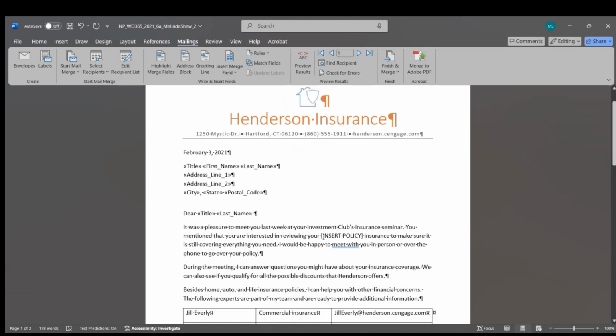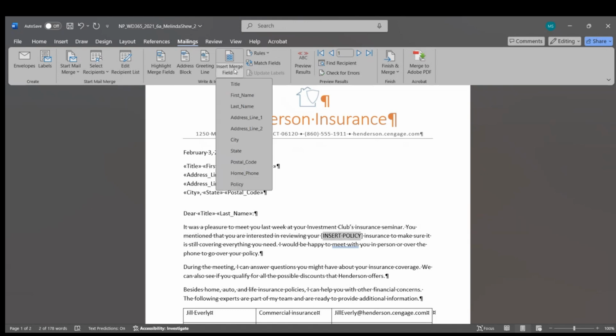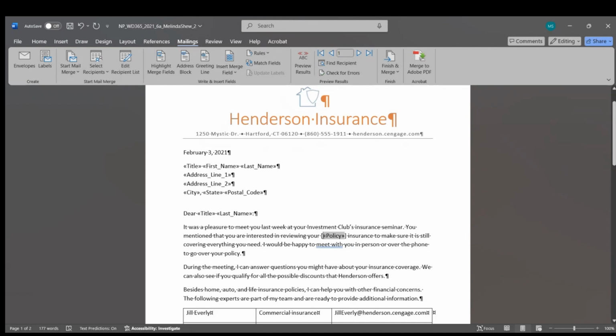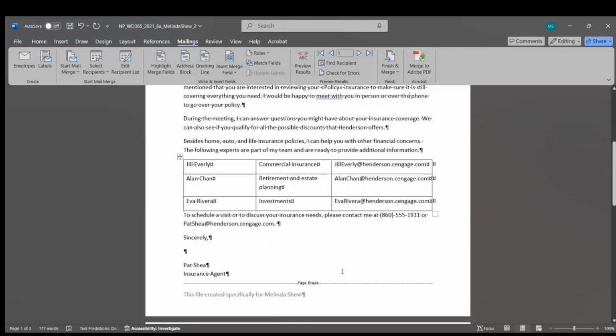Then it says for policy, we're going to insert the merge field policy. I got a bracket there, so let's get rid of the little bracket. Wants to hang out there. Got another bracket that wants to hang out. I still have a space between policy and insurance. That looks good. Now we are on step